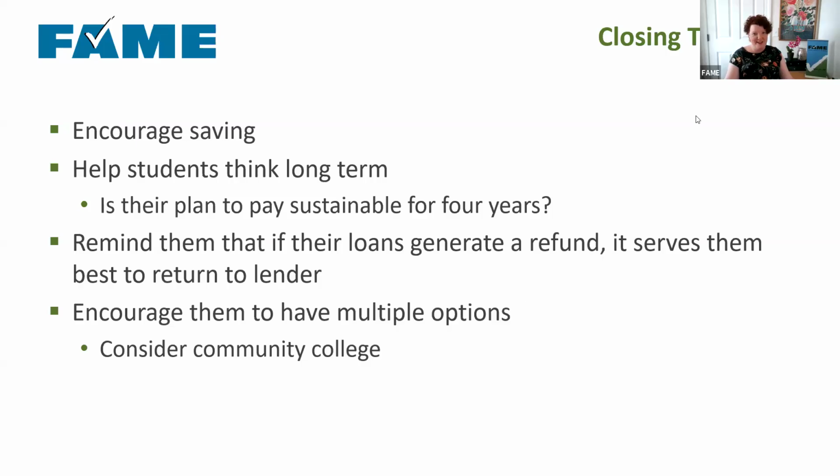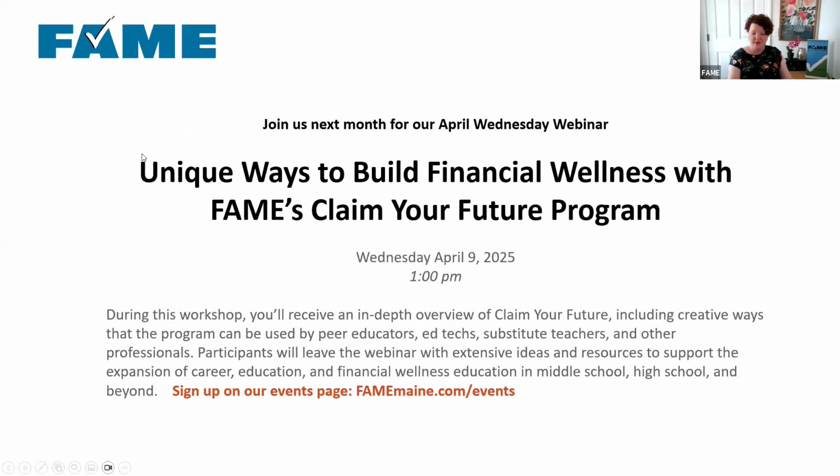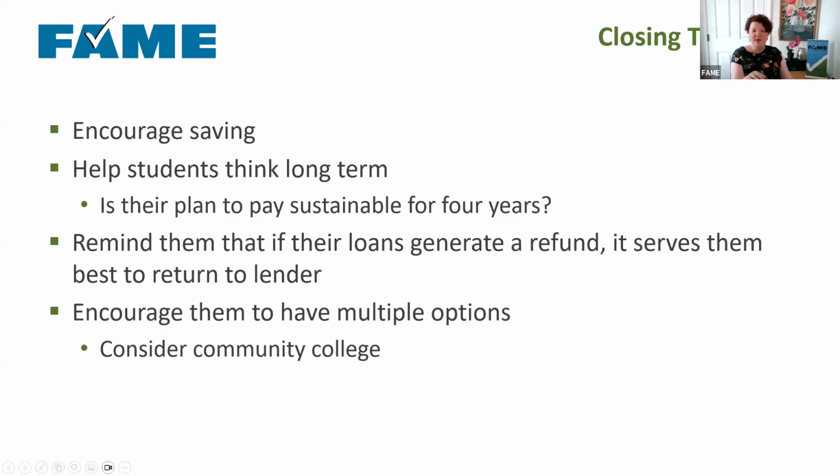Encourage them to have multiple options. So I'm always a big fan of making sure you have super affordable options on your college application list, and maybe multiple. Now that you can list 20 colleges on your FAFSA, and let's be honest, some of these college applications are not terribly difficult. You've already written the essay. You just do a little bit more. So, encourage them to apply to multiple colleges.